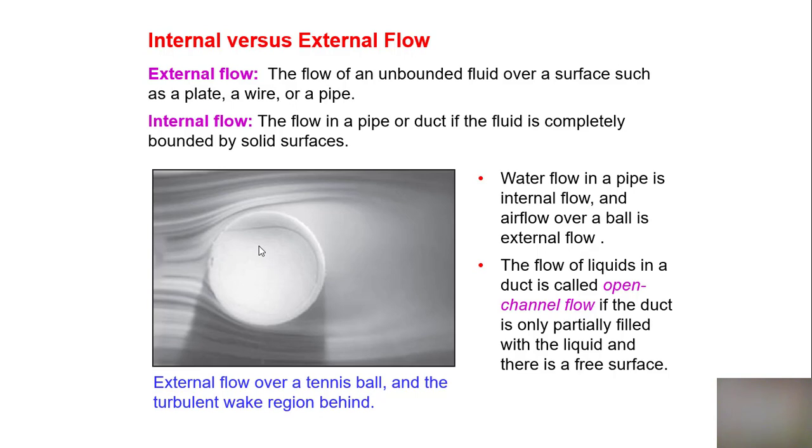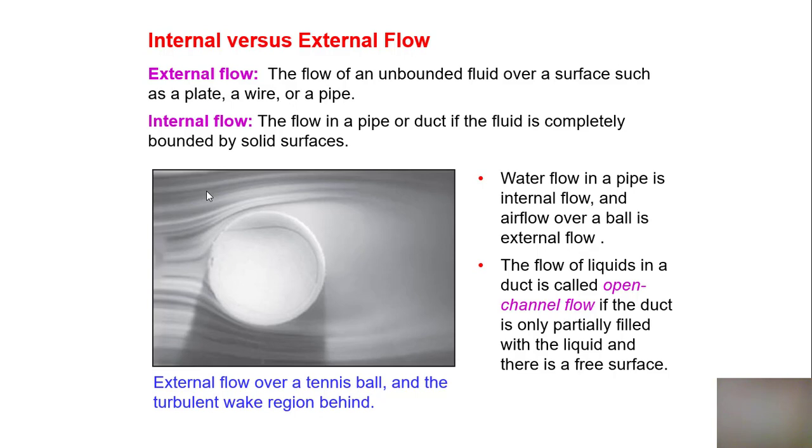Okay, so like what I was explaining before, under non-slip conditions, when you've got flow over a tennis ball like this, it's going to create what is known as the wake region. So this wake, which is this region behind the tennis ball in this case, is known as the wake region, and is a turbulent zone. A turbulent zone that also has low pressure. So low pressure, we know that